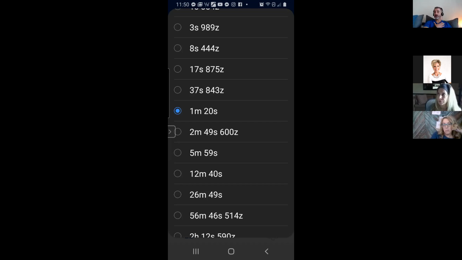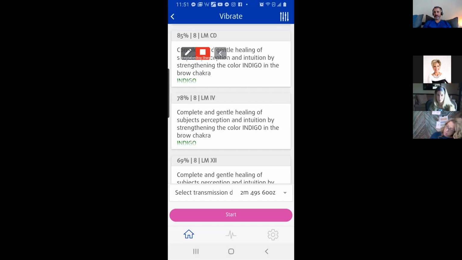So personally, what I do is I muscle test it, which works well for me, but not everyone can muscle test, right? So if you know how to muscle test, this is how I do it. First, I would test for how many times to do it. So I'm going to say for Finnegan, maybe only 2 times, and then I'm muscle testing: is it shorter than a minute, yes or no, longer than a minute, yes or no. So I would do it 2 times for him at 2 minutes and 49 seconds.